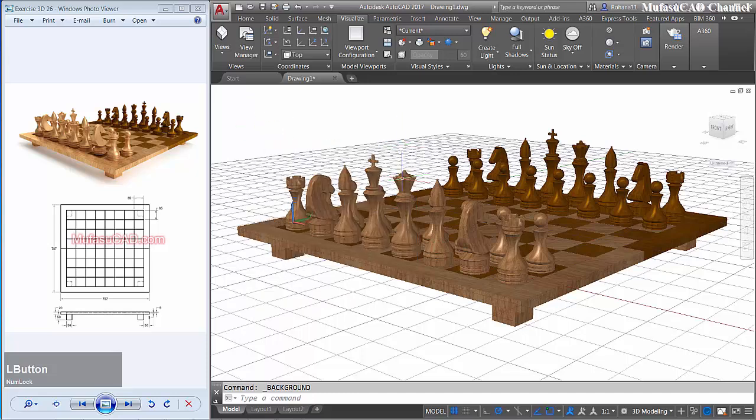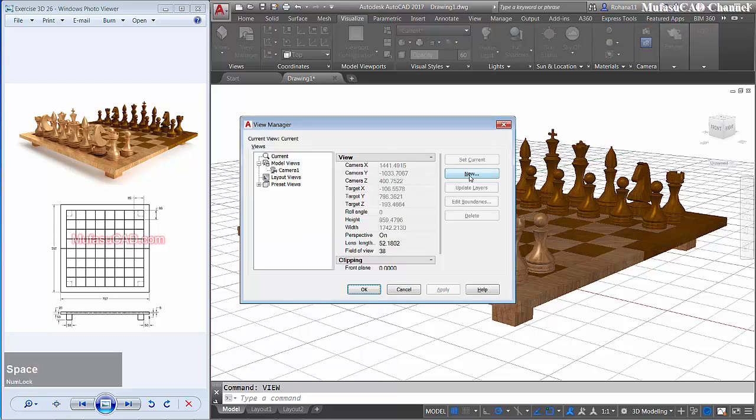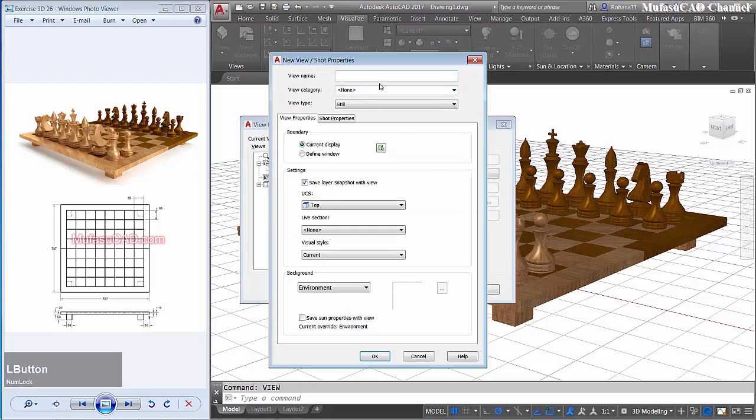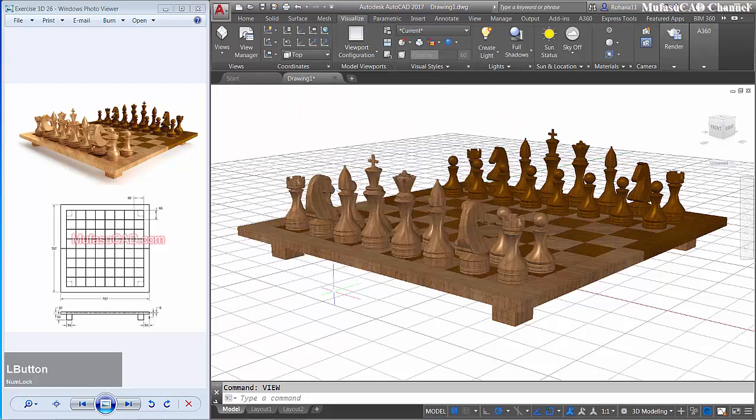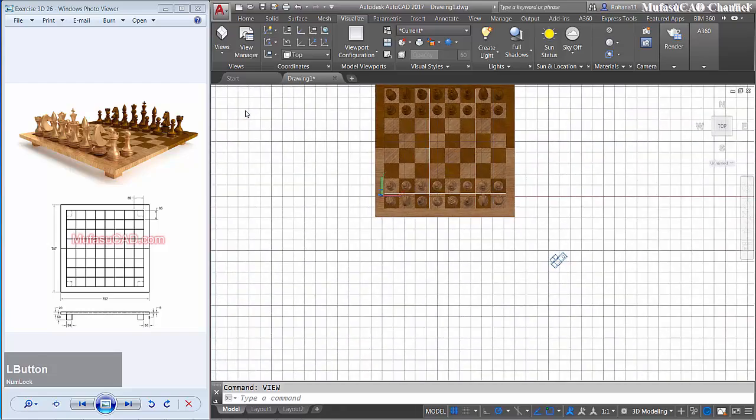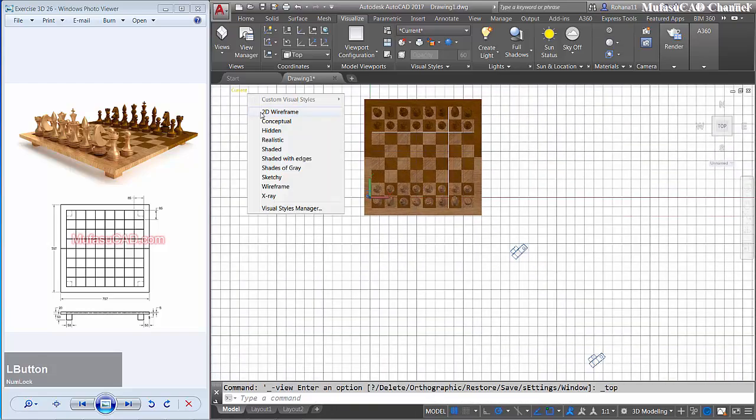I will save this view. You can tap view, enter, create a new one here, and change the name to final view. Okay, and okay.